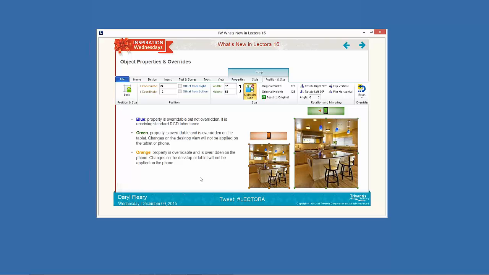So we give you a couple of visual cues, not only on the ribbon, but also on the page, that you changed something uniquely. You created an override by moving or sizing or text scaling or something on that object. The other thing that Lectora 16 allows you to do, if you've made some overrides and you decide, you know what, I just want to put it back to how Lectora was going to give it to me, let Lectora's natural desktop to tablet to phone inheritance restore that,